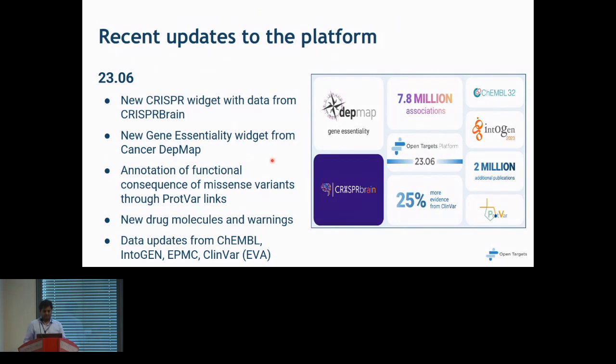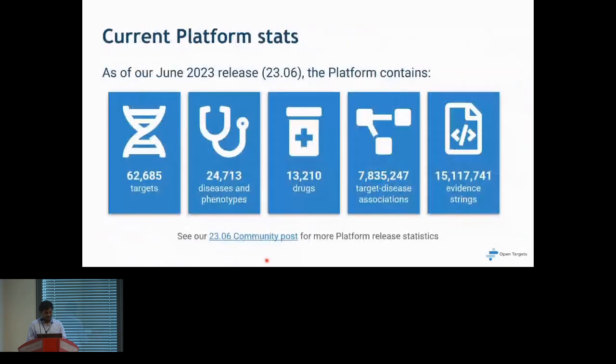Before this release, we also integrated preprints and patents, as well as various target safety evidence from AOP wiki. So as the platform currently stands, there are over 62,000 drug targets, about 24,000 diseases, 12,000 different drugs, with